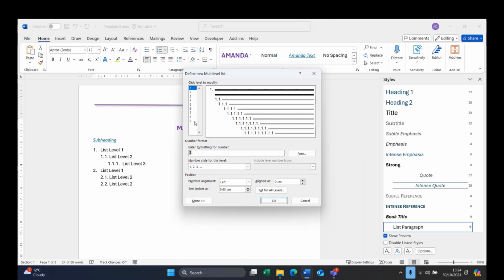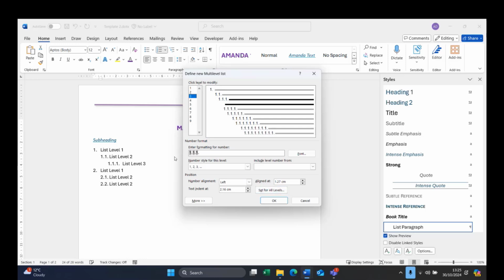These are the different levels of lists. So we've got 1 through to 9, and this is how it currently appears. So if I go to level 2, it highlights level 2. And the number formatting we've got is an automatic numbering for the first level, and we've included the number above. So I've got 1.1. If I go to 3, it's 1.1.1. And I can see that the indent increases. So we start off with 0.63, then we go to 1.4, aligned at 0.63, then we go to 2.16, aligned at 1.27,